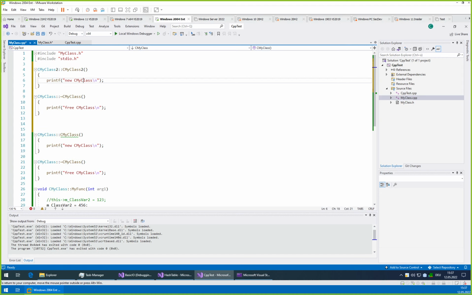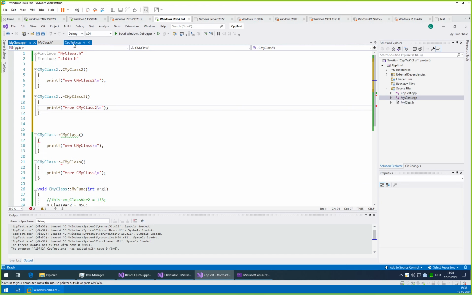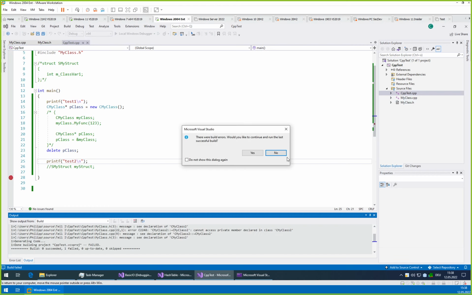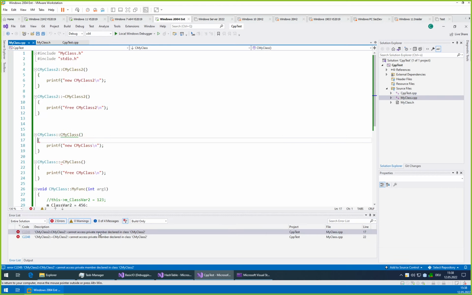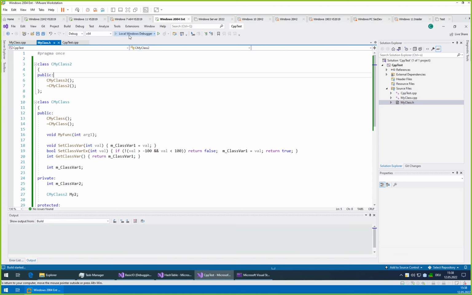Class 2, create class 2, and then here you will make an object of type class 2. And now if we run the test, it will have invoked both of them. Oops, what I forgot. Ah yes, we need to make it public.